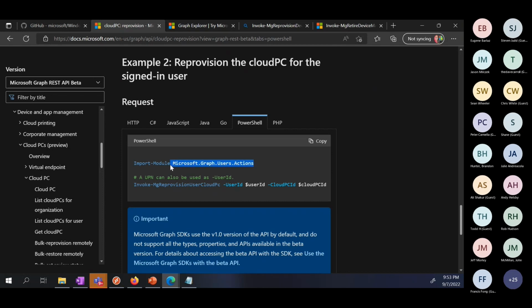Yeah, okay, Import-Module. So you can see there's the module that you need. If you just pull this one, then you can go ahead and run this particular action. So what I've done in my base scripts, and I'll show you those on the repo, is I just have a list of the modules that I want. I iterate through each one and check if it's installed. If not installed, install. Instead of installing the whole Graph module because it's a monster.